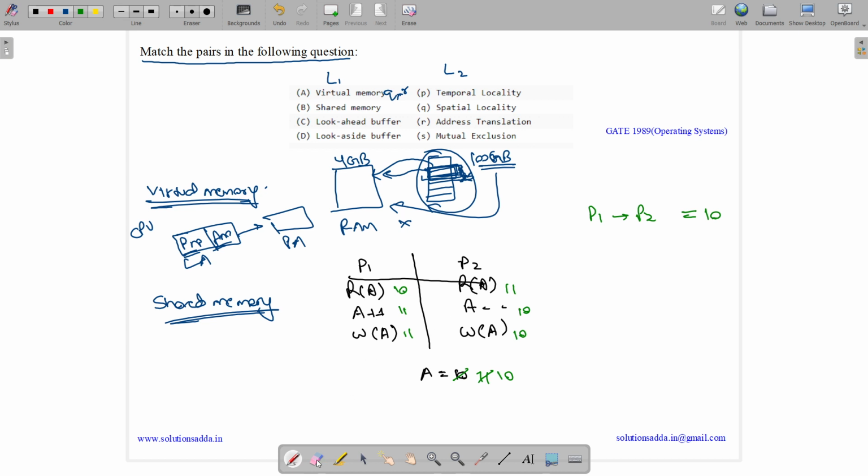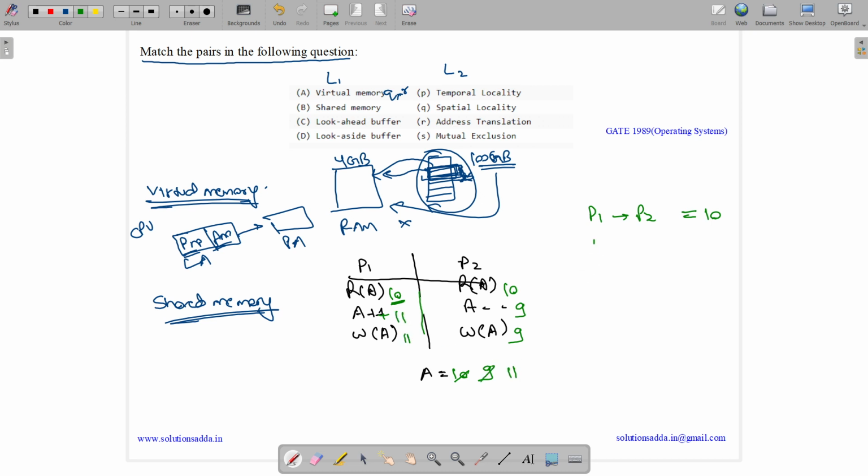But let us suppose we are having concurrent execution, as we generally prefer concurrent executions. So what happens in case of concurrent execution? We will have A equal to 10. Let us suppose P1 comes and reads A to be 10. Then it gets preempted and P2 comes and reads A to be 10. Then P2 decrements A and makes it 9. Then P2 writes 9 over here. Then P1 comes and increments A. P1 has stored 10 in its local memory, so it will increment 10 to 11. Then it writes 11 over here.